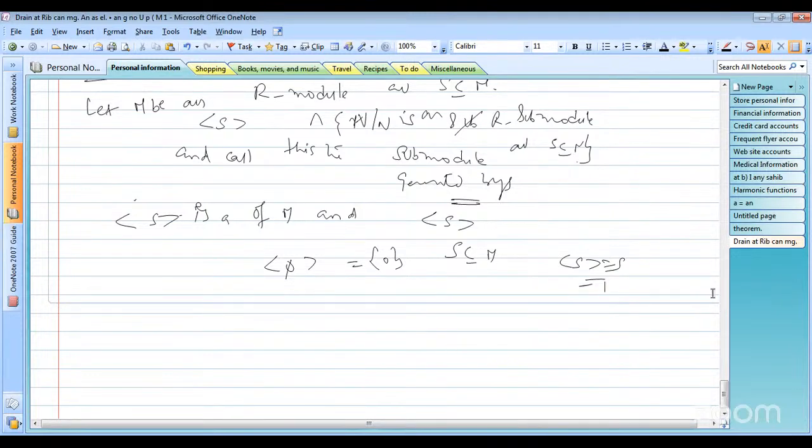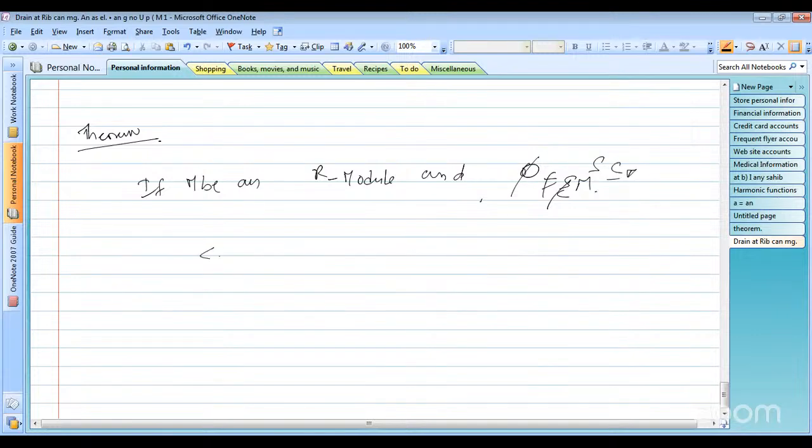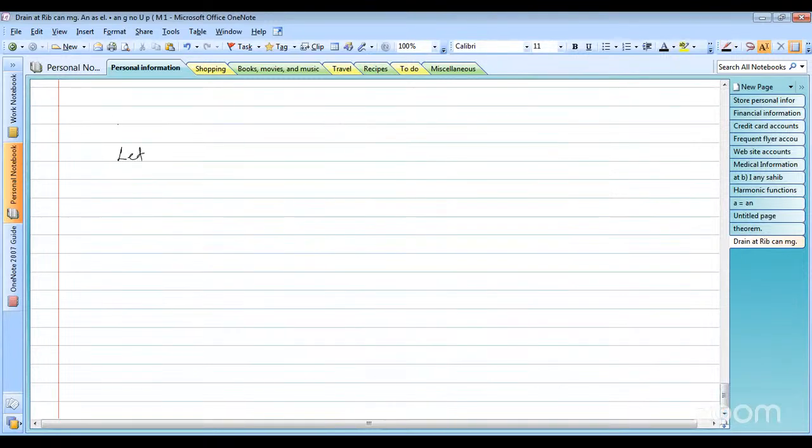Let us take the theorem here. Let M be an R module and S a non-empty subset of M. Then the generator of S is equal to the summation of i equals 1 to n of a_i x_i, where a_i belongs to R and x_i belongs to S. So therefore, let N be the subset. Proof. Let N be the